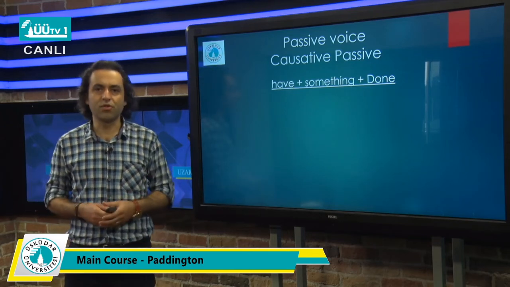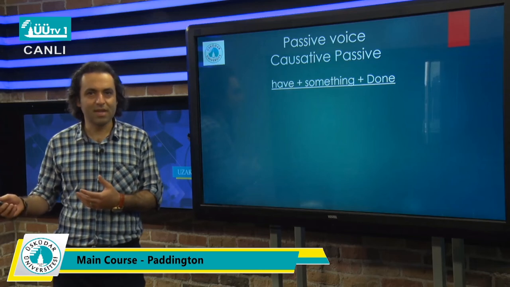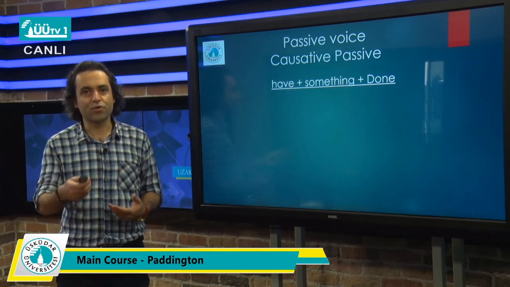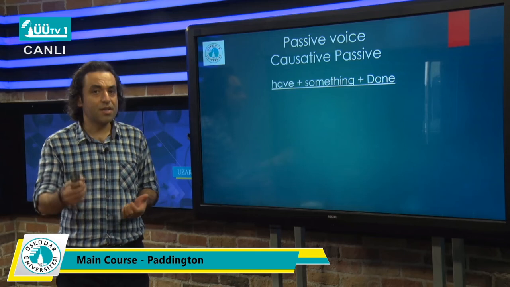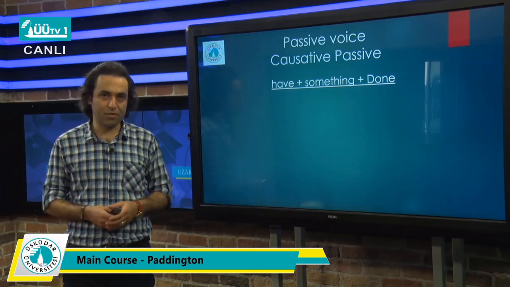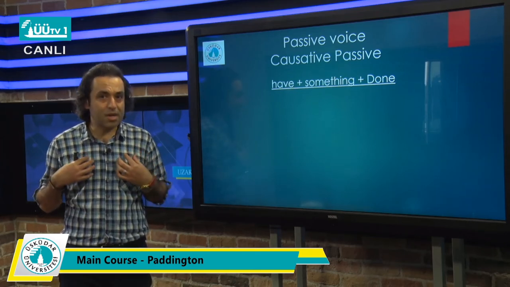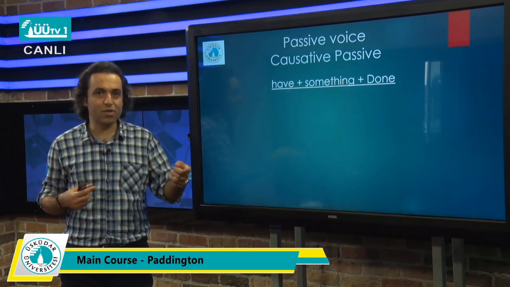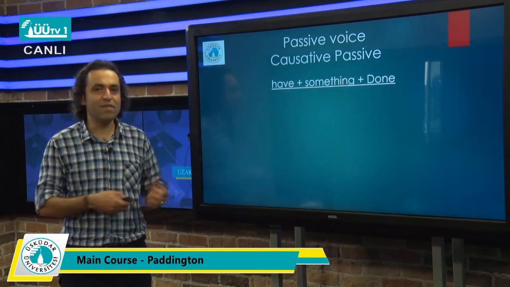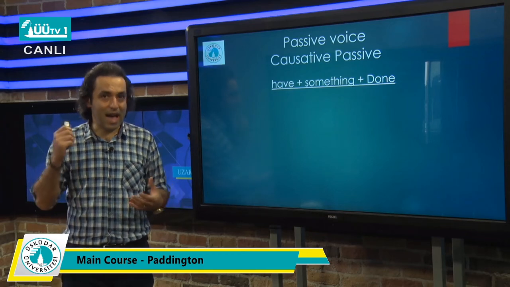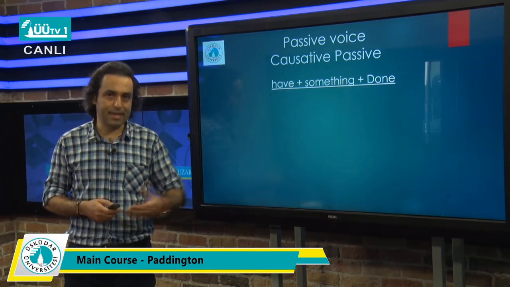Have something done. You remember the story, going to Paris, then asking someone to take a photo. And then I'm going to show you the photo. What is important? The photo, not the person who took the photo. The photographer is not important. But because I am the cause that that guy took a photo of me, I am always in the sentence. So the sentence was, I had my photo taken.